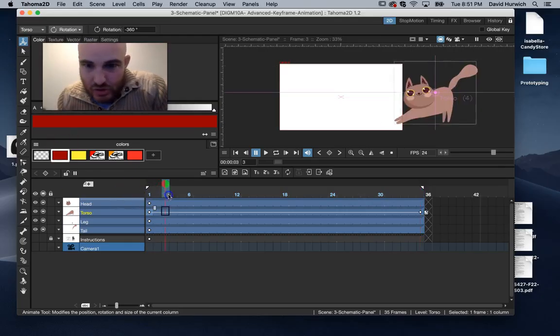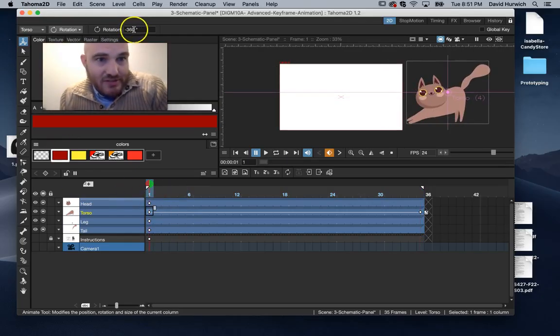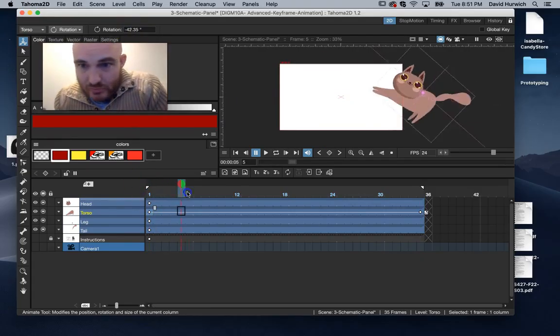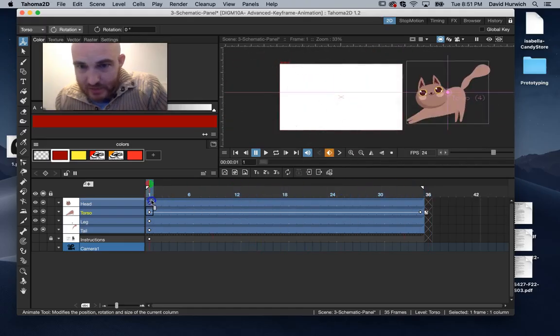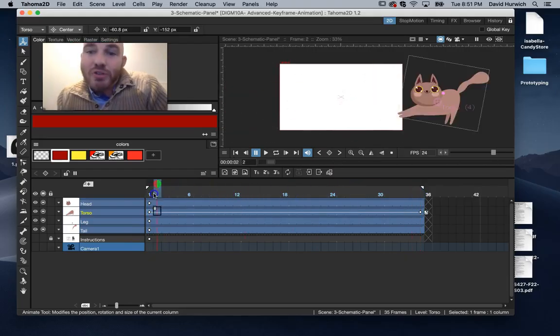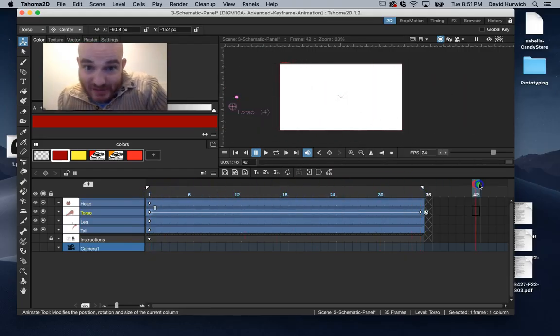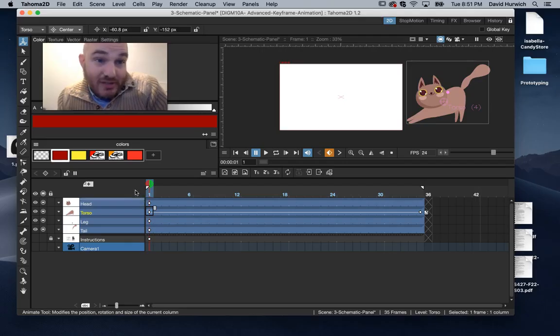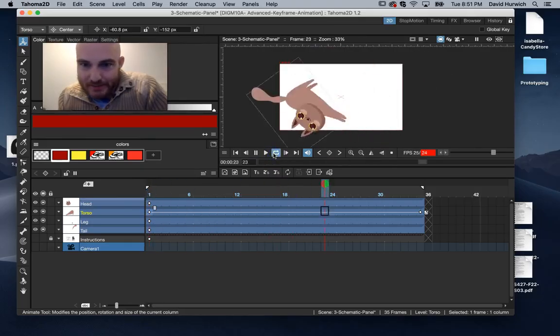So my cat, oops, and I'm going to set this to 0. So the cat's kind of rotating here. I'm setting the middle of the object here, so it should rotate around that. So there you go, there's the cat. Notice that when the torso rotates, so does everything else. Not only does the position work, so does the rotation. So when I play this back,